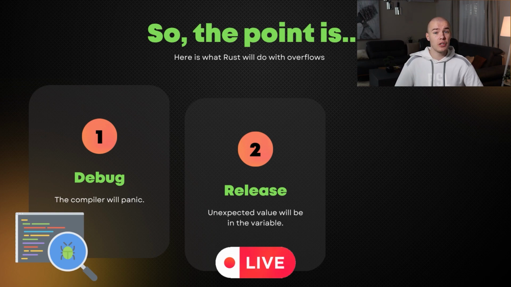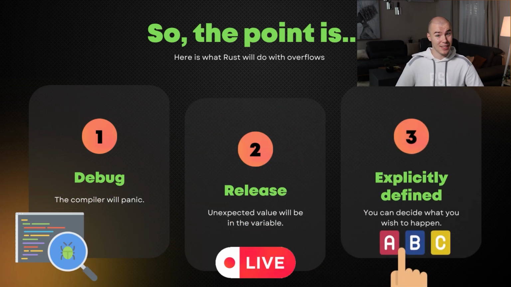It is just going to result in unpredictable results being stored in our variables. And as I already mentioned, we're going to see that in action when we jump to our exercises. And the third option is the explicit one. So here we're going to be able to specify what is going to happen explicitly when an overflow occurs using